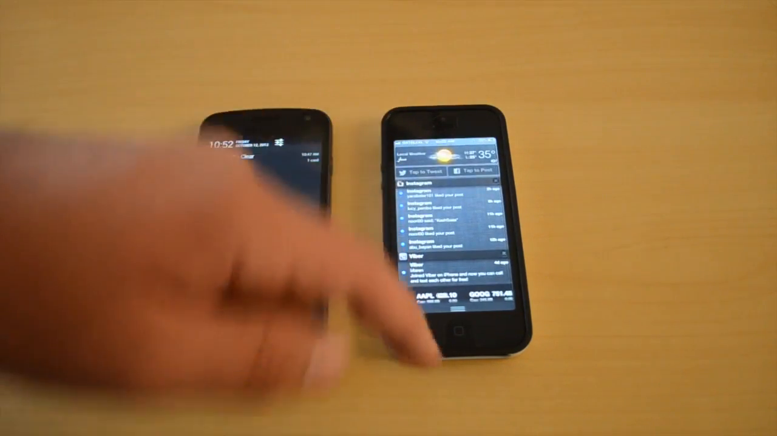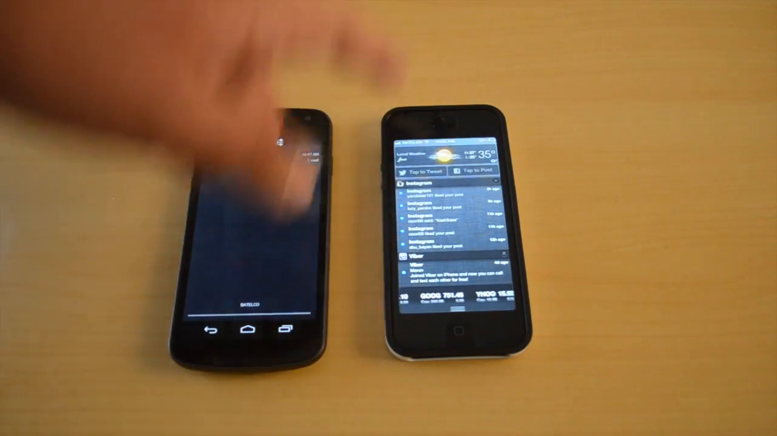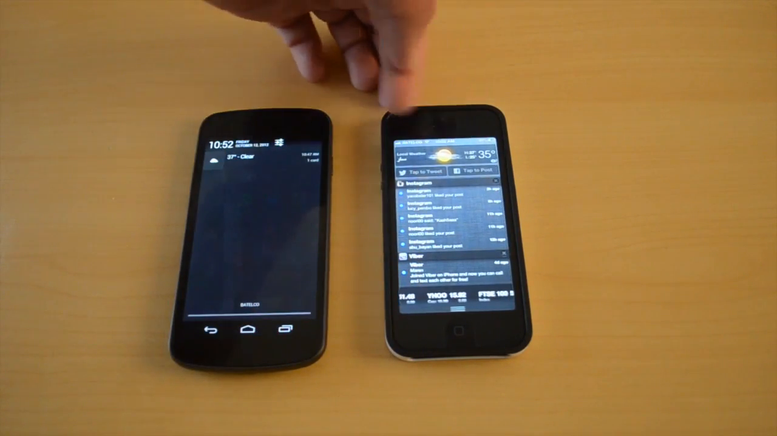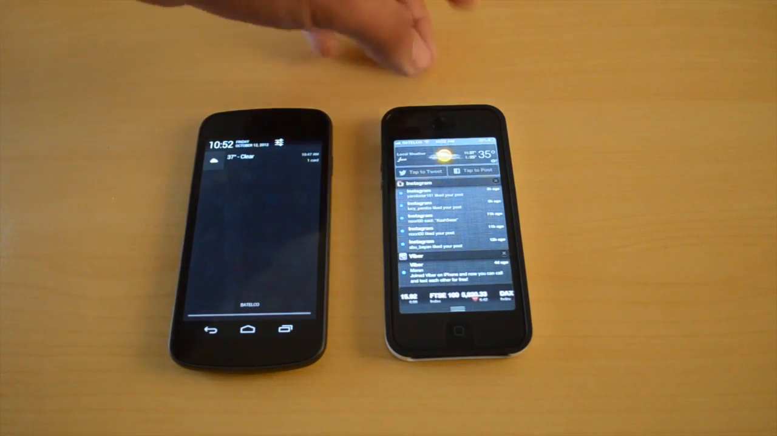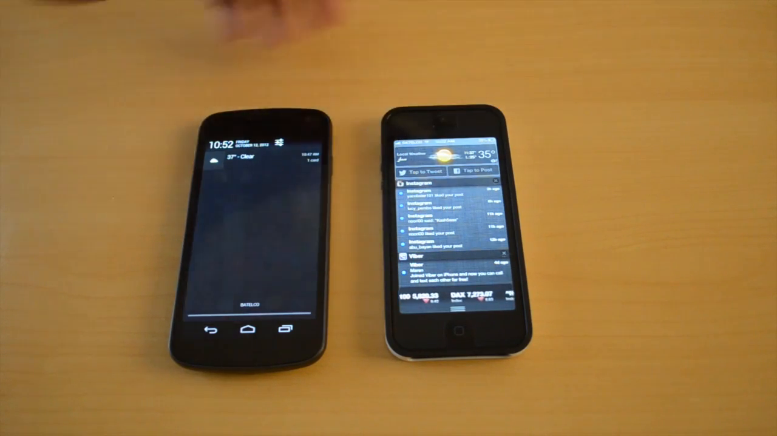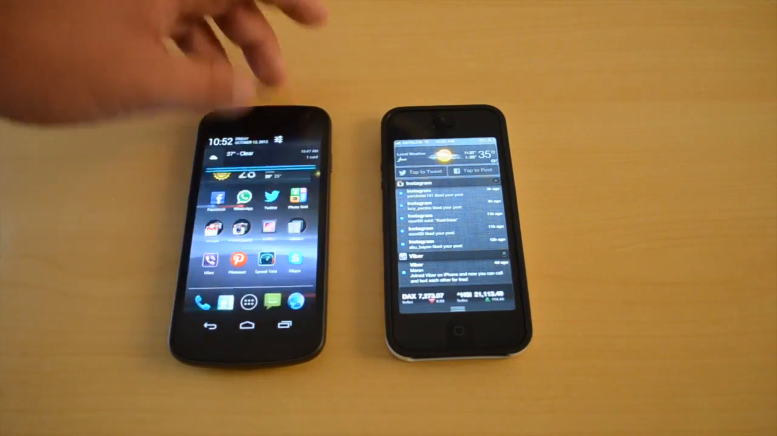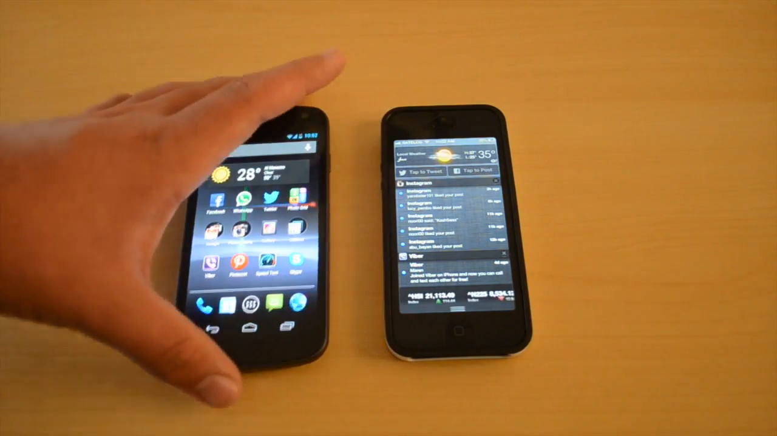Although I'm not really interested in stocks and things like that, I really like how it's just moving across there. It looks very professional and sleek. The weather there at the top is a really good feature. Tap to tweet, tap to post. I'm sure at some point, if you customize and put the right settings, you can do everything like that on